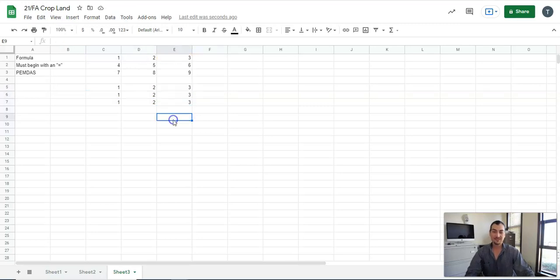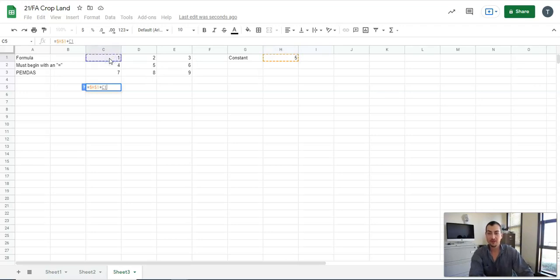So why is this important? Well, what if we want to add 5 to each one of these, for example? What if we have a constant, and this constant is equal to 5, and we want to add 5 to each one of these values? If we were going to do that, we're going to be using both absoluting the cells, cell referencing, and a formula together. So we're going to say equals this cell, this H1 cell, I'm going to lock it in. And then I'm going to say plus